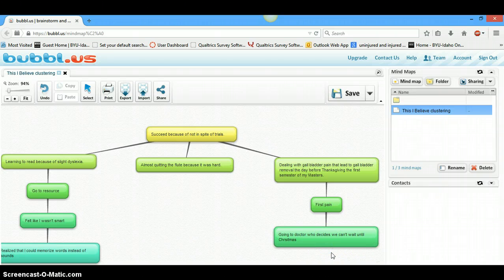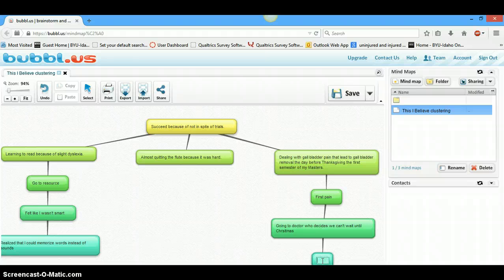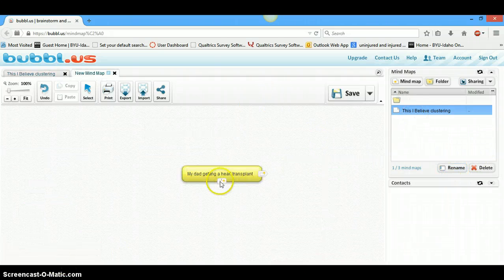And then probably something like here I might add another one. It will let me, sorry. Dealing with the pain and having to ask people for help, because that's a big thing that's hard for me, right? Those kind of things. So again, you could do this, or again, I'm gonna start a new one, just a second. You can do the other way, right?